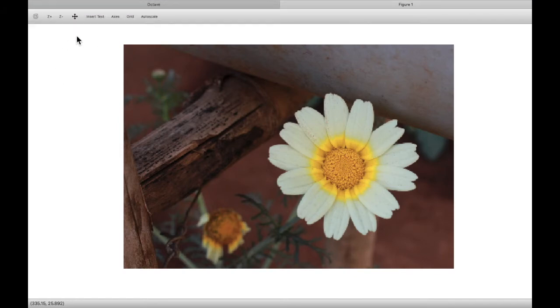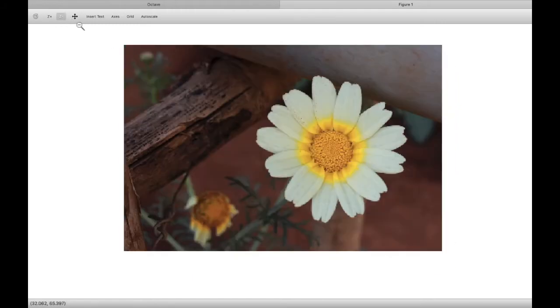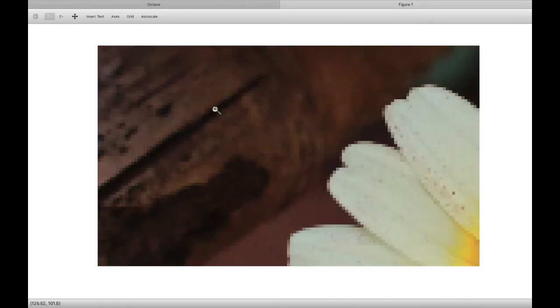Now, here there are some options. This Z plus is zoom in. This is zoom out. If I zoom in too much, in that case I can use this pan to move around the image.